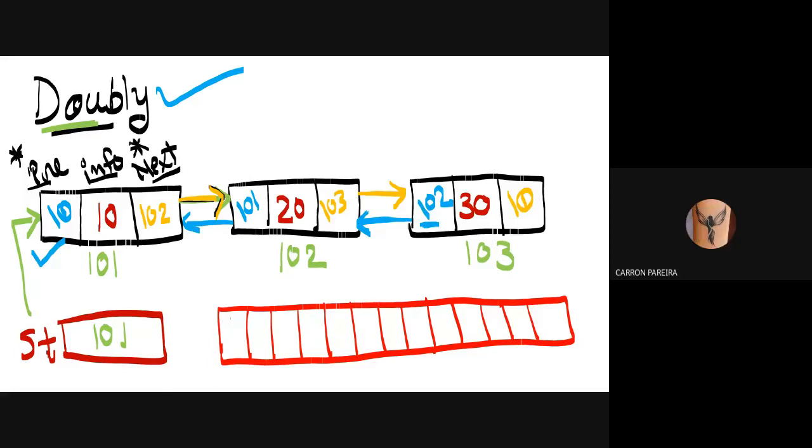Yes, ma'am. Okay, these are the memory locations, and right now I am over here. I want to reach to this point. So what is the way? I can only go in this direction. Then and only then I'll reach over here.